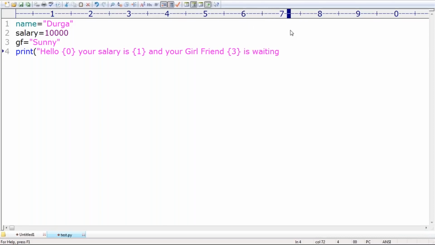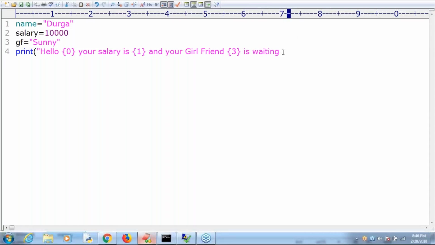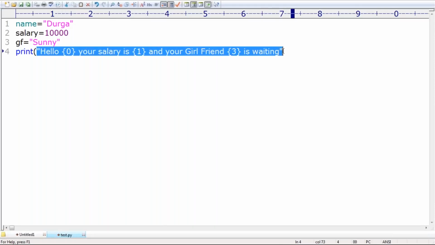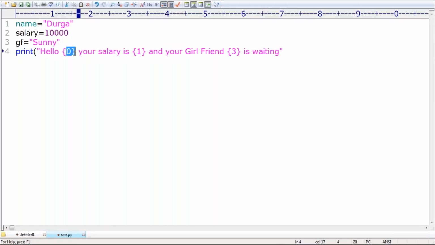Up to this, how many arguments are there? Only one string. In the middle I used curly braces, right? Then we have to use dot format. The first one is replaced with the name, the second one with the salary, and the third one with the girlfriend. I hope you can understand, right?